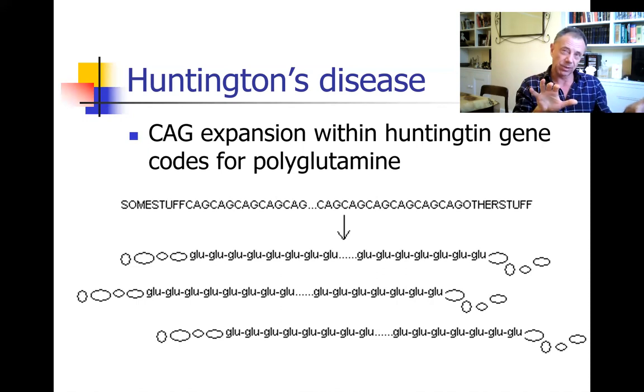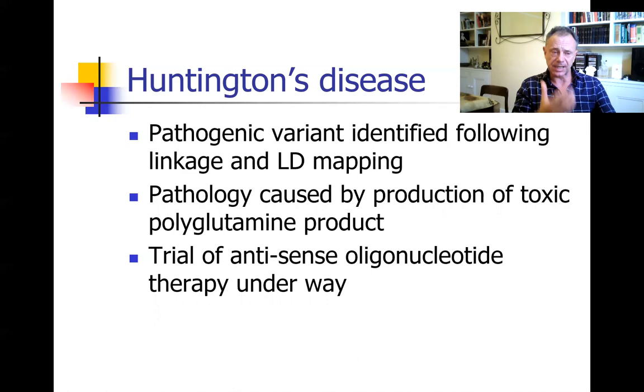So this contrasts with the trinucleotide repeat expansion in Fragile X syndrome, which just caused damage to the gene and stopped it working. Here, you've got a sort of gain of function effect. You've got the product of the CAG expansion, which is polyglutamine, and it's the product which causes the problem. And it may well be that the Huntingtin gene itself really is pretty irrelevant. The point is that you're making a whole bunch of polyglutamine, and that's cluttering up your brain and giving you the disease. So what that meant was that people could diagnose it, and